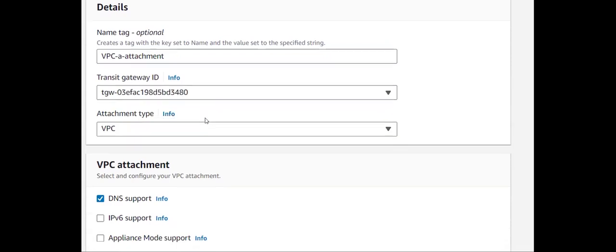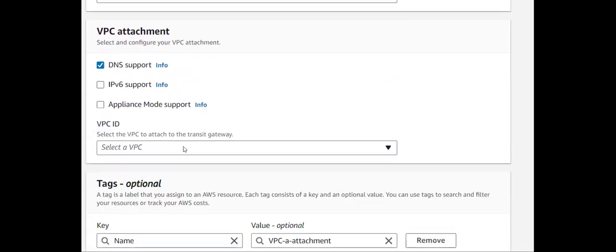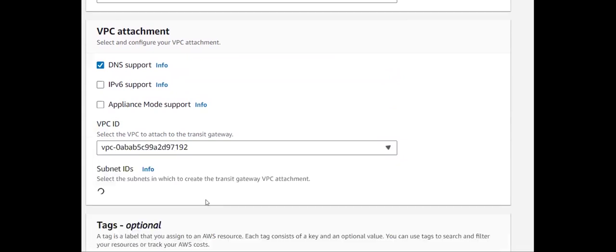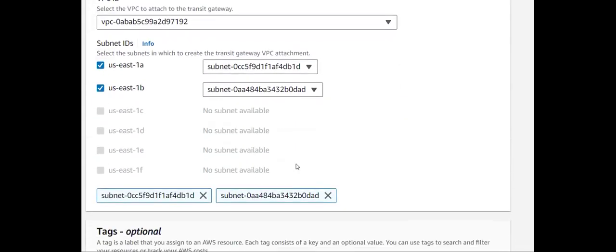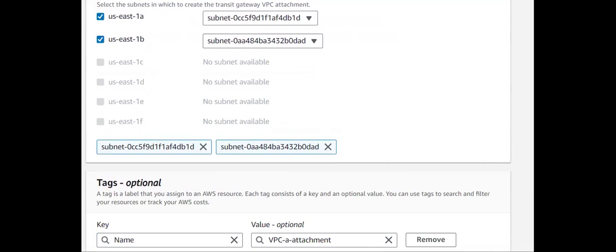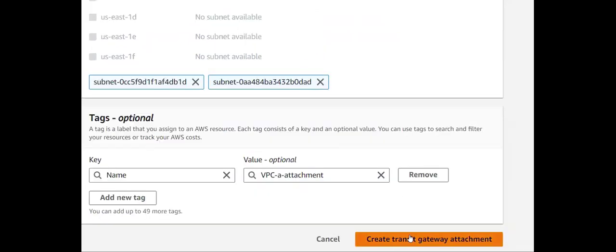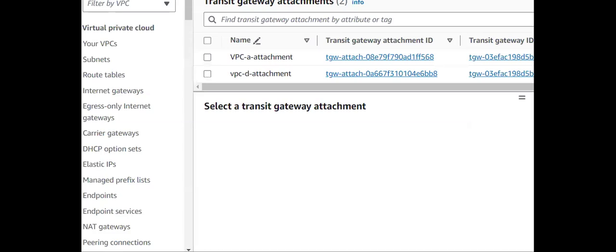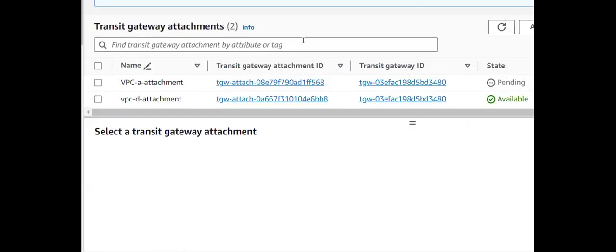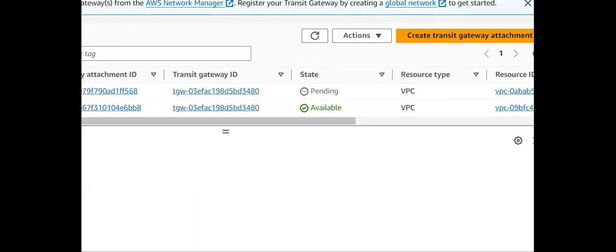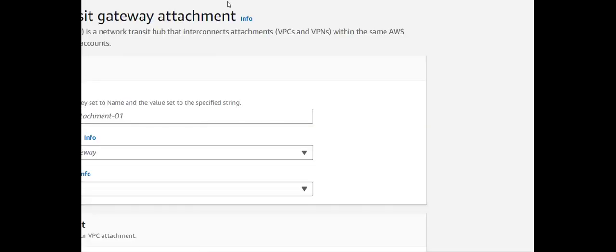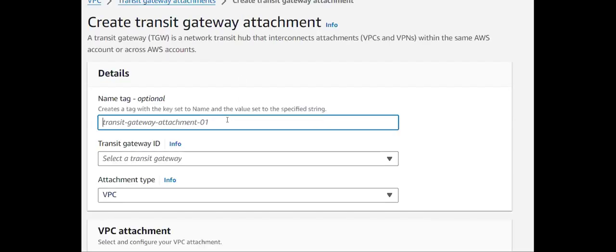So now you can see I'm creating VPC-A related attachment and selecting VPC-A. Automatically the two subnets that I've previously created were selected. And now I'm just creating the transit gateway attachment. Right? Yeah, this is again creating. Now VPC-D related attachment is now available, right? Yeah. So like that, every attachment that you create for VPCs to this transit gateway will be available within few